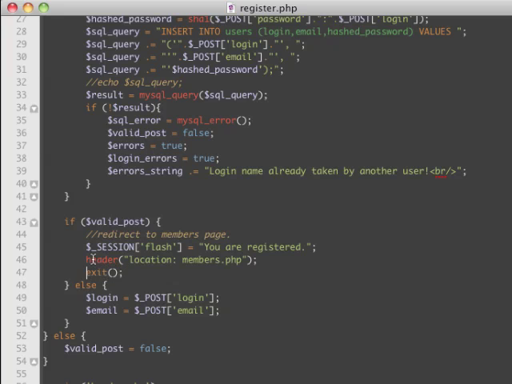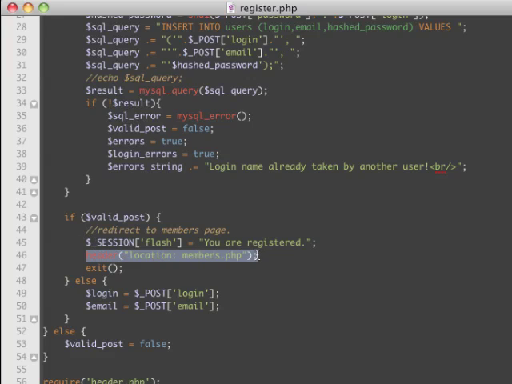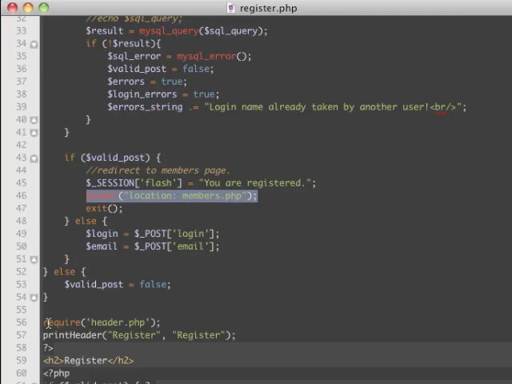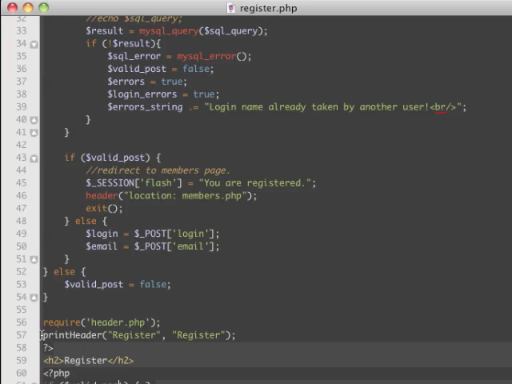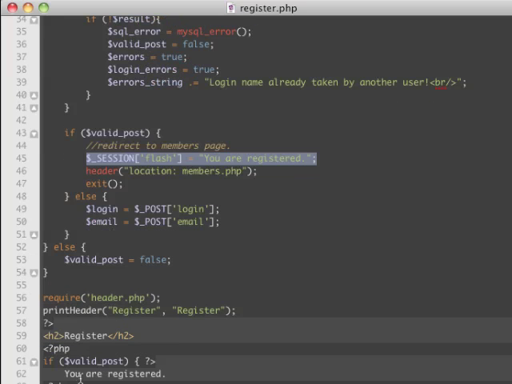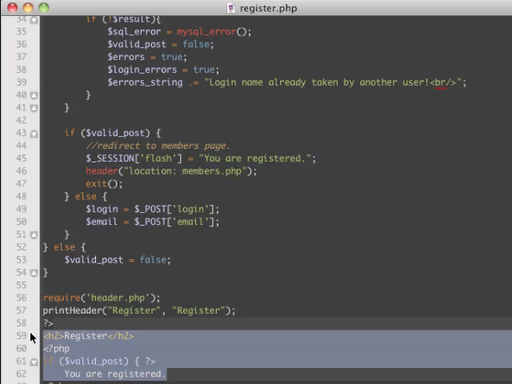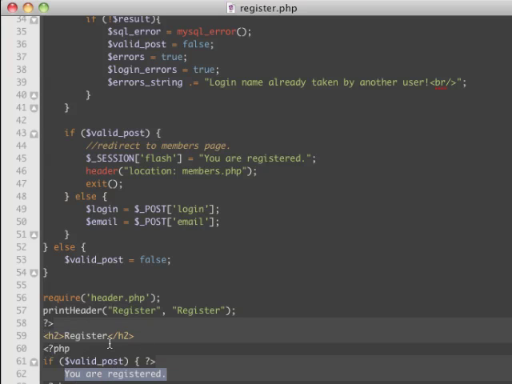Before I wasn't calling the exit, so we told the browser to redirect right here, but this line in and of itself doesn't stop us from executing the rest of this stuff down here. So we actually generated this page right here, and in the process of generating this page, we printed the header, which printed out this session variable right here, and then erased it. So we sent that page to the browser, but we also sent it with this redirect right here, and that redirect told the browser to ignore the page, even though we generated a perfectly nice page that said you are registered right here. Even though we generated a valid HTML page, this line right here told the browser to ignore it,